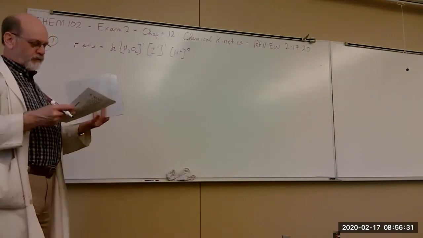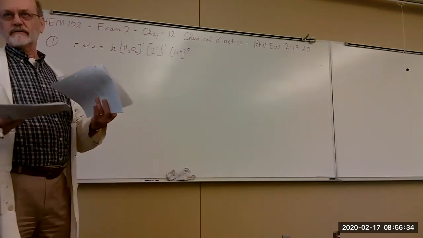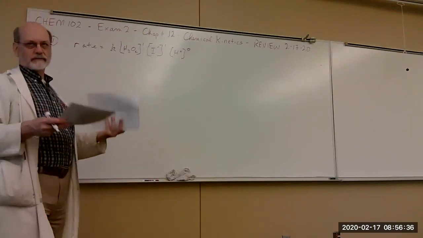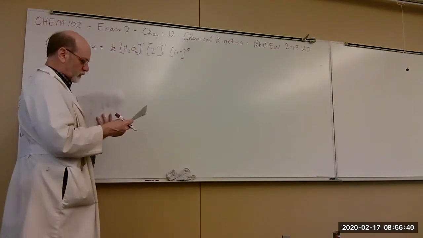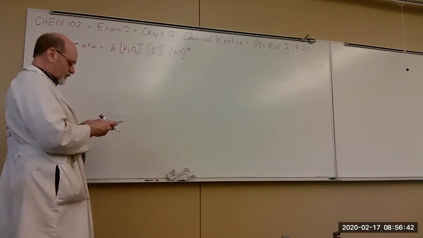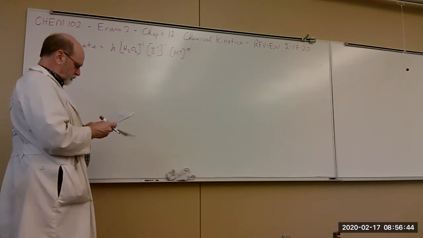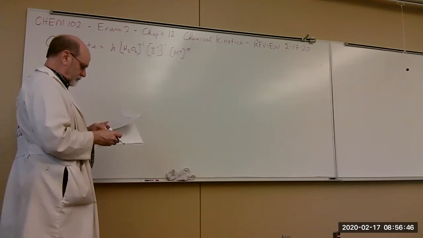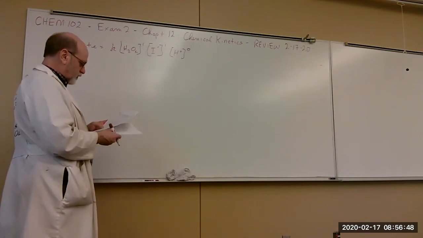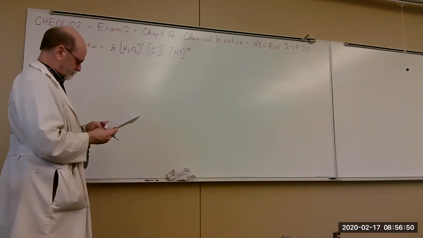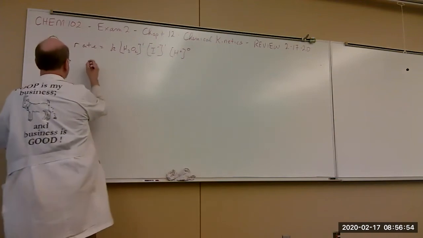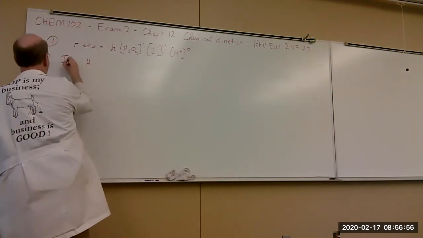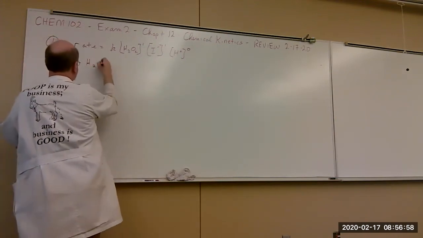And if you do that, you'll find that they both satisfy that condition. I'm just making a point, that's all. So each mechanism satisfies that first rule. The second rule is: what's the rate determining step? Right? So if we look at the first one, this is Roman numeral one, this one,